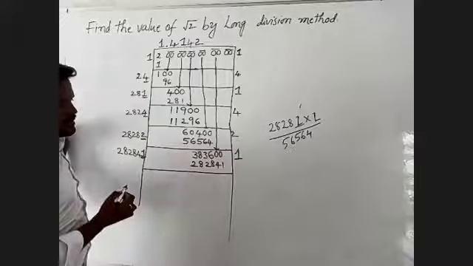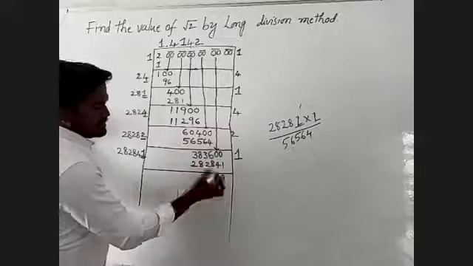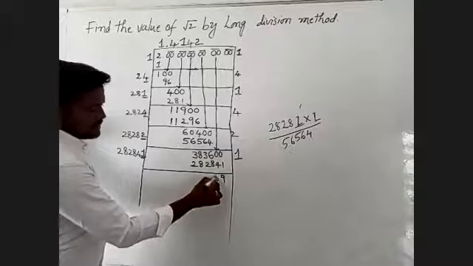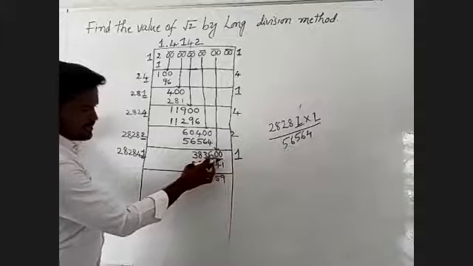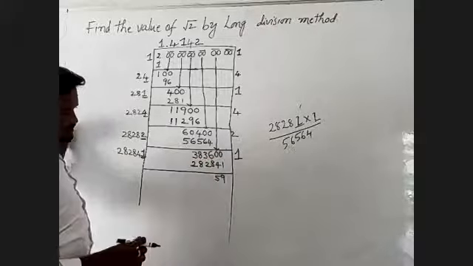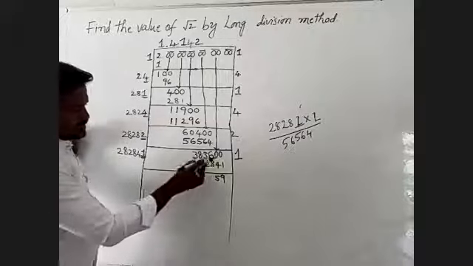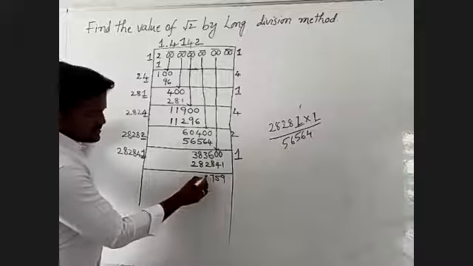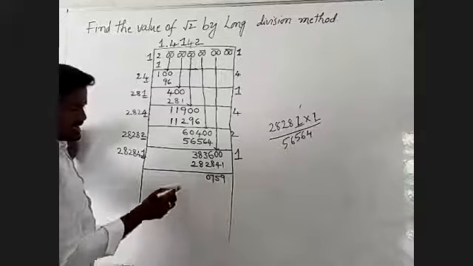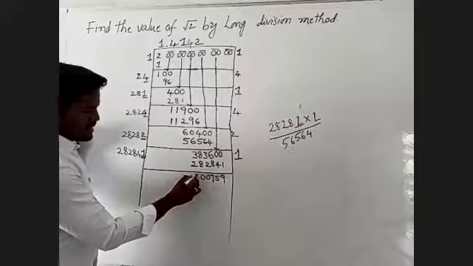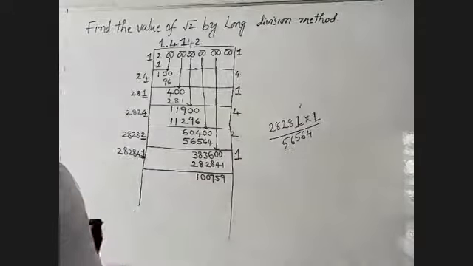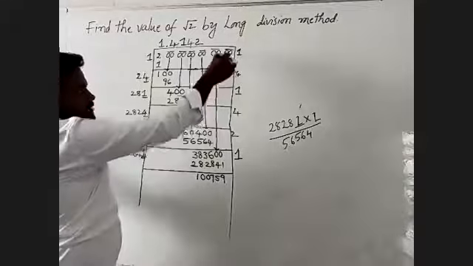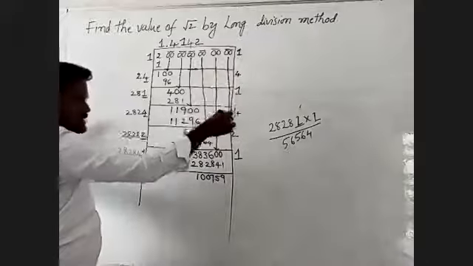We'll observe. 10 minus 1 becomes 9. 9 minus 4 becomes 5. And the value is only 5. 5 means 1 there. That means 15 minus 8 becomes 7. 2 minus 2 becomes 0. 8 minus 8 also becomes 0. 3 minus 2 is 1. That means the value is 100,759 we have to take. After that, finally, we have to take the double zeros.